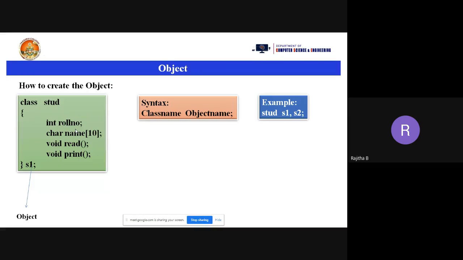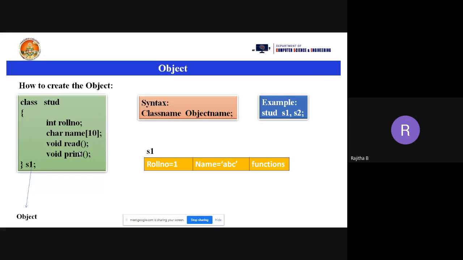Now come to this one. We don't have only data members, we have functions also. We have a collection of data members and member functions in the class. In C language, the memory for functions will be allocated separately, and for the data members the memory will be allocated separately. But if you are taking those under a class, the memory will be allocated in a continuous location like this.